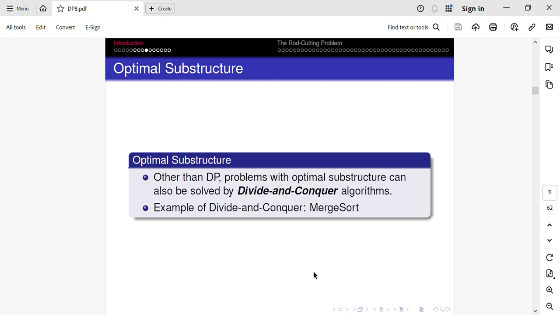Now, optimal substructure is also, if we have a problem with optimal substructure, there is another algorithm technique called divide and conquer. We can also apply the divide and conquer algorithm for those problems. One example is merge sort. In merge sort, we have an array of size n. We break it into size n by 2, recursively calling merge sort with size n by 2. Then from those solutions we create the solution of the original n length array. From those solutions we do some shuffling or rearranging of the elements, and then we get the solution